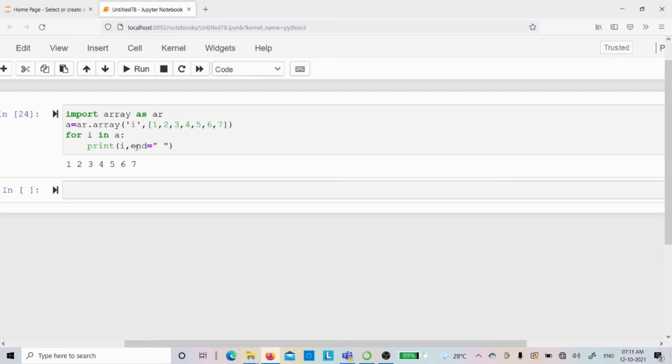If you want to display a few elements in the array, not all the elements, then you can use slicing. So suppose from index 1 to index 3, I want to display the values, then I will get the output as 2, 3, 4. So this is the way you can use arrays to compute the length of an array,